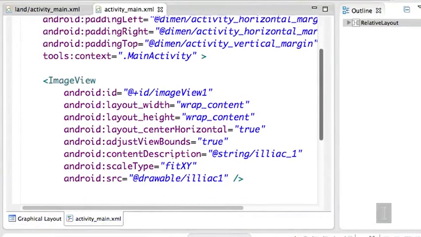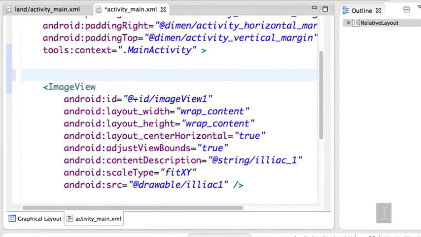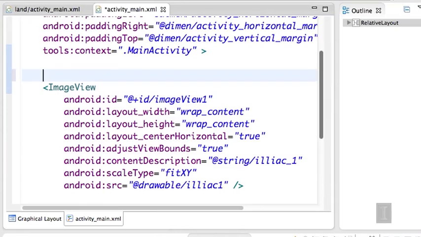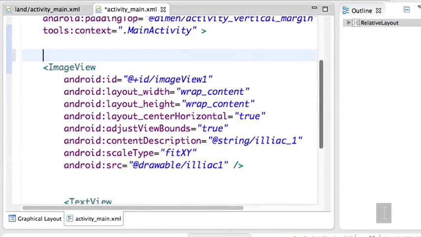Here's our XML so far, and here's the tag, the image view that we're going to wrap. Scroll view, I believe, will only wrap one item. So if you had multiple items, you would need to wrap those up inside something else, like a relative layout, for example. All right, so let's add